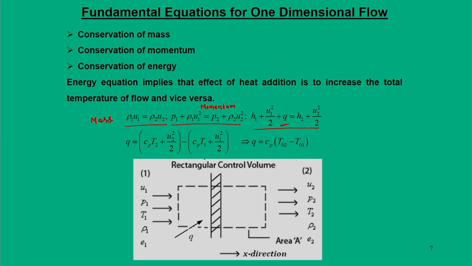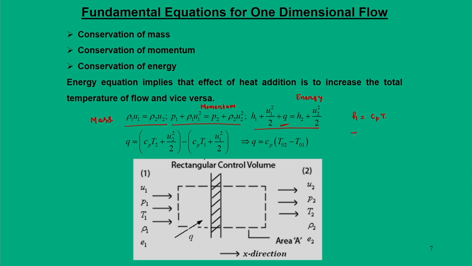Now, from this energy equation we can write the enthalpy H for a calorically perfect gas as Cp times T. So, for conditions 1 and 2, if I take out Q from the energy equation, I can write Q is equal to Cp T2 plus U2 square by 2, whole bracket, minus Cp T1 plus U1 square by 2, whole bracket. So, this we know is the total quantity Cp T plus U square by 2.